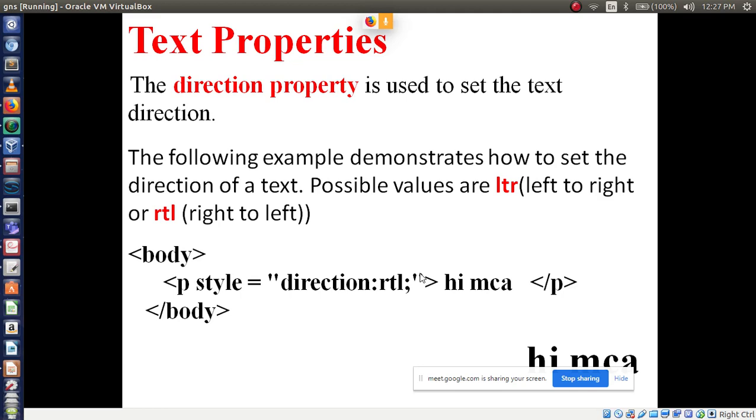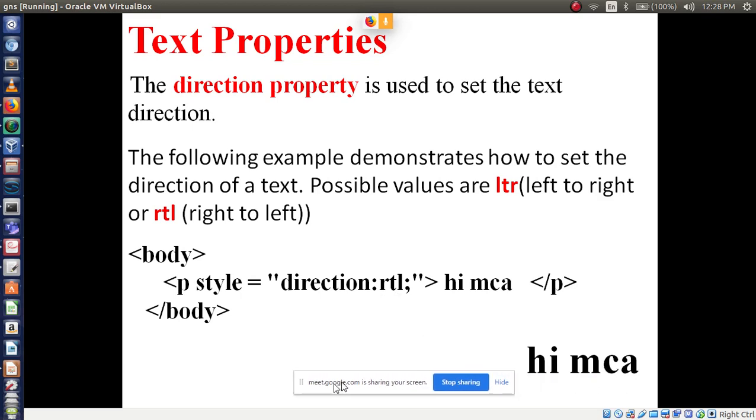Here we are talking about text properties, so one property we have is the direction property. Here you just write P style, double quotes, direction, right? What direction? RTL. This is right to left. It will display from right to left.